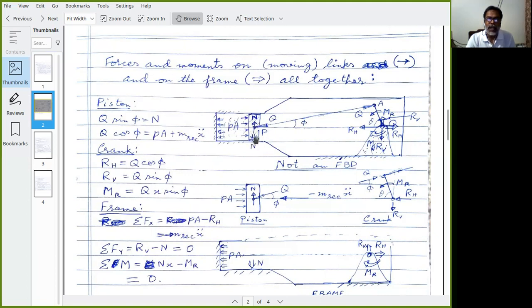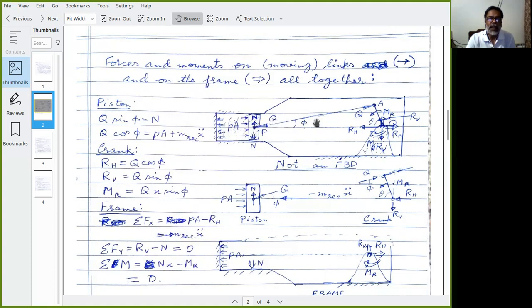Now, this piston, since it is getting a force Q from the connecting rod, it will also give an equal and opposite force at the same point, which has not been shown here